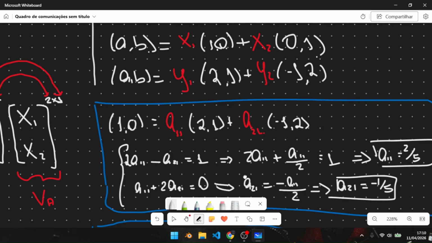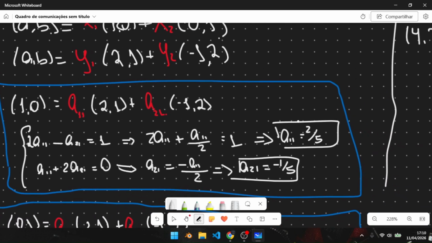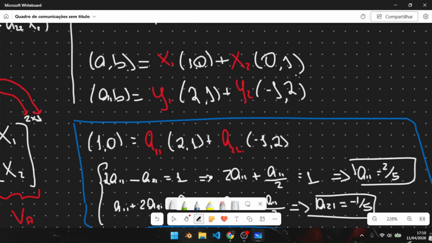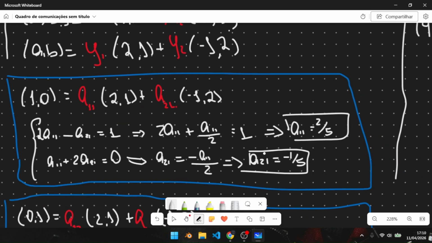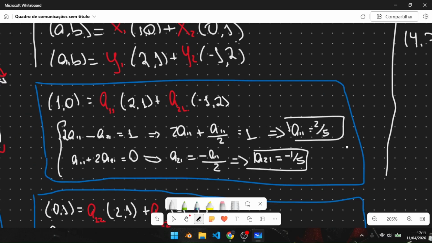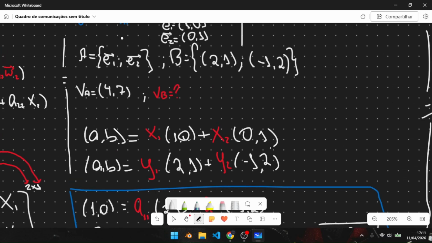Here we have a system, and then you can solve this any way you want. You're going to find out a real number for both a11 and a21. And then, okay, so now we have part of this. As you can notice here, we're trying to create that change of basis matrix. We're trying to create it, and we're getting the numbers, but we don't have all of them yet. That's because you're going to get the rest